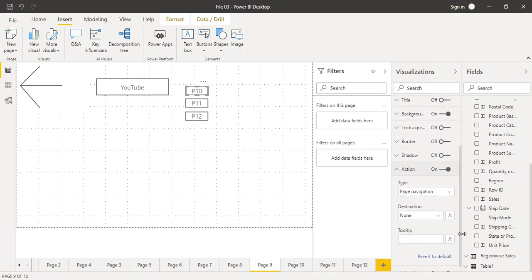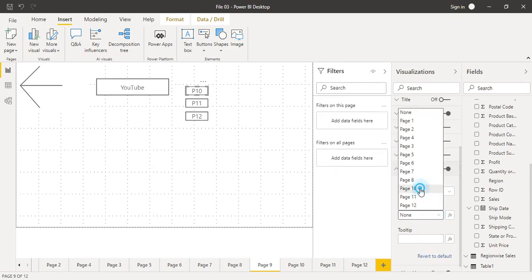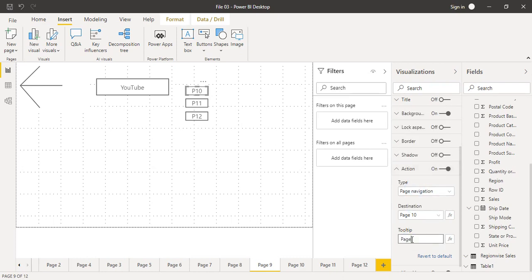In the web URL part, we got this web URL, but here we have got destination, which is the destination page where you want to end up when you are clicking on that button. So what is my destination? It is page 10. It is providing you a list of all the pages available in your current file. So I'm going to go to page 10, and the tooltip is simple, page 10.